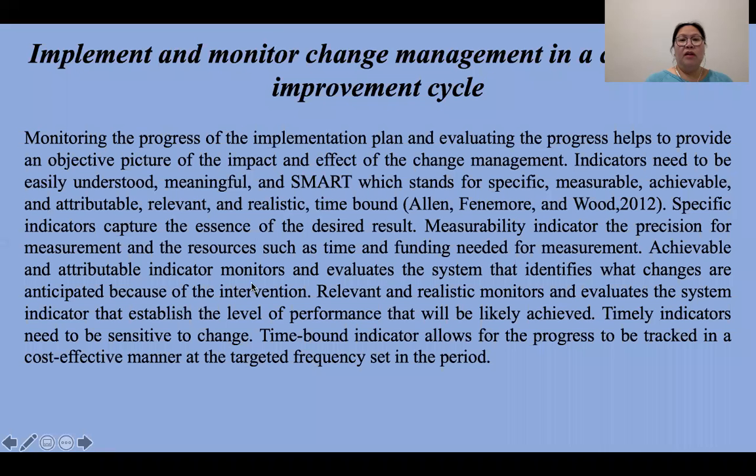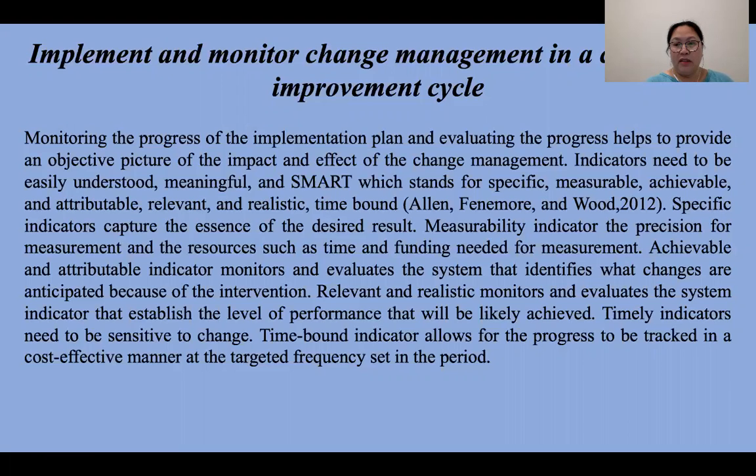Implement and monitor change management in a continuous improvement cycle. Monitoring the progress of the implementation plan and evaluating the progress helps to provide an objective picture of the impact and effect of the change management. Indicators need to be easily understood, meaningful, and SMART, which stands for specific, measurable, achievable and attributable, relevant and realistic, time bound. Specific indicators capture the essence of the desired result, while measurability indicates the precision for measurement and